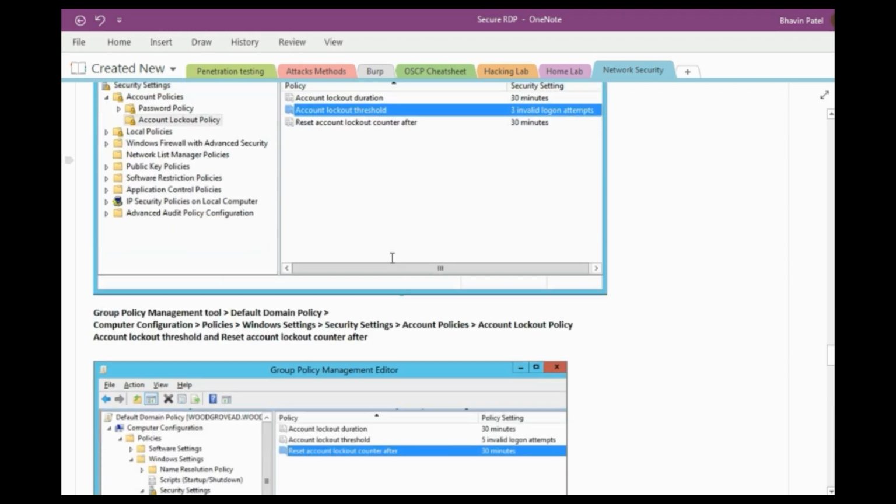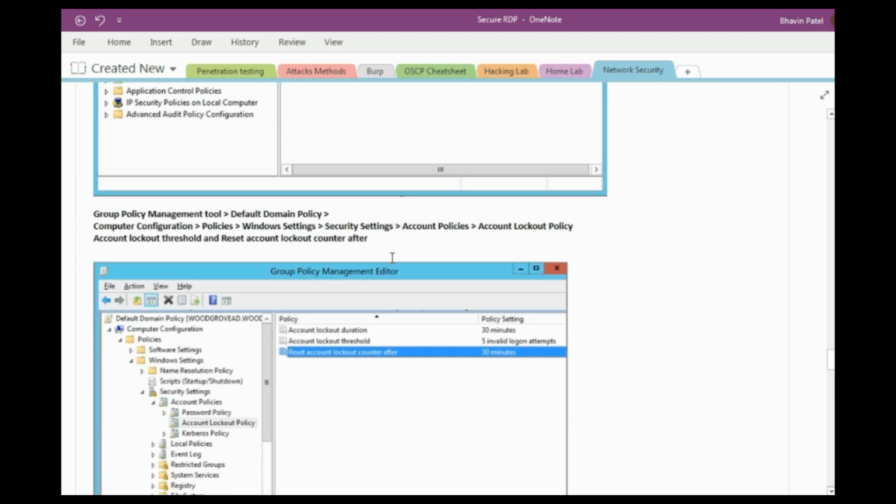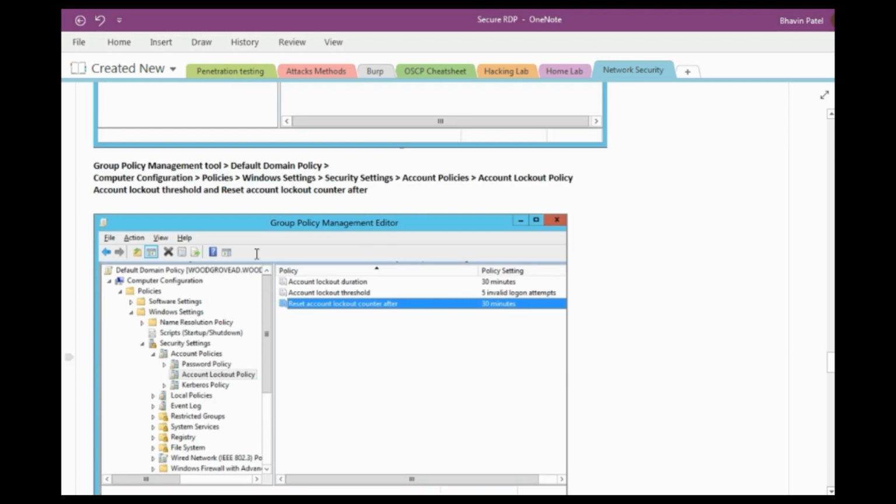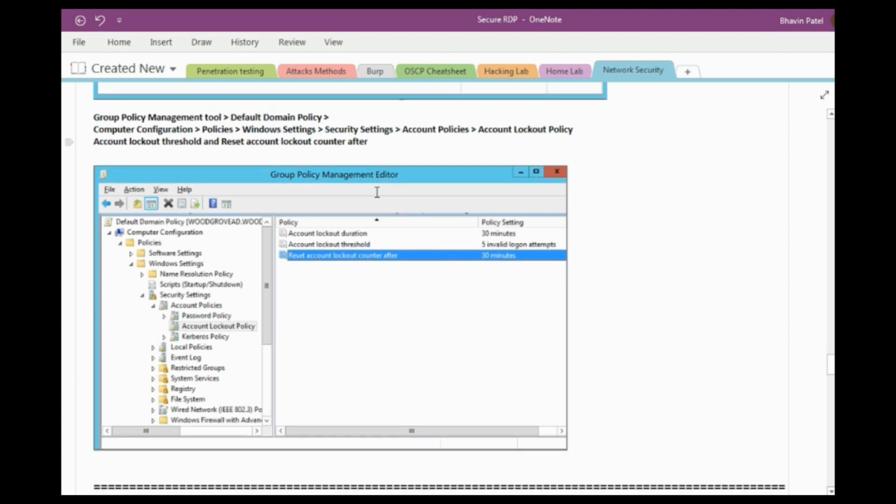If you are using AD, Active Directory and GPO, then you can edit in computer configuration, policy, Windows settings, security setting, account policy, account lockout policy, account lockout threshold value, and reset the lockout counter after. Right now I haven't got an AD setup, so that's why I am using a screenshot for that.